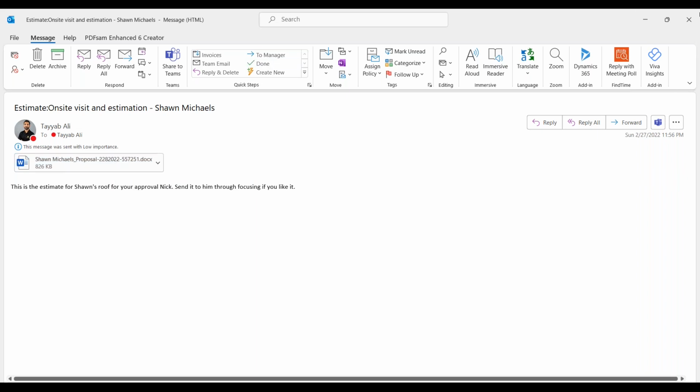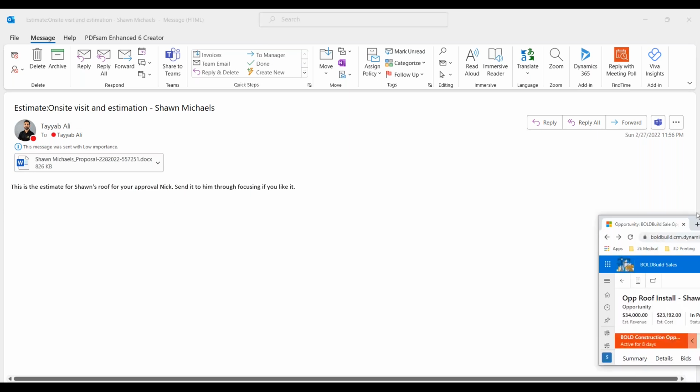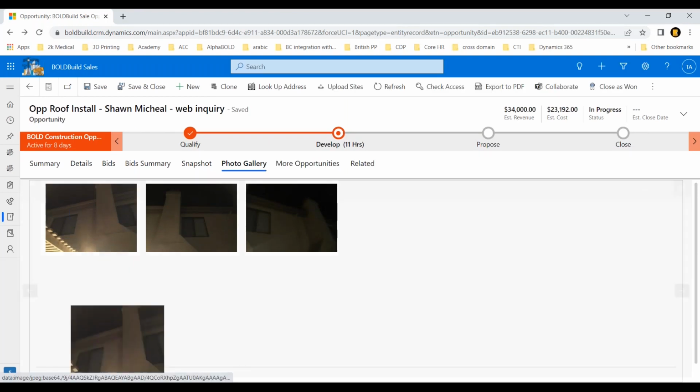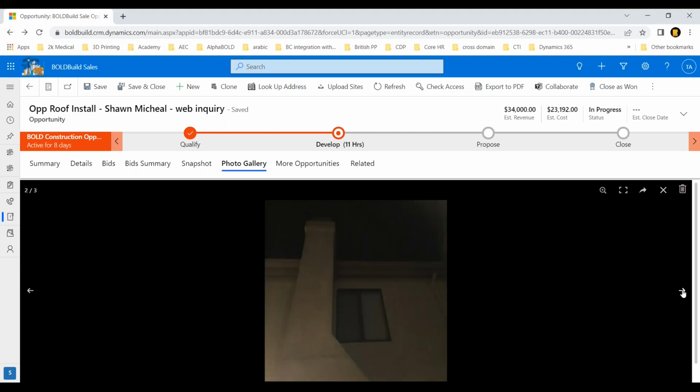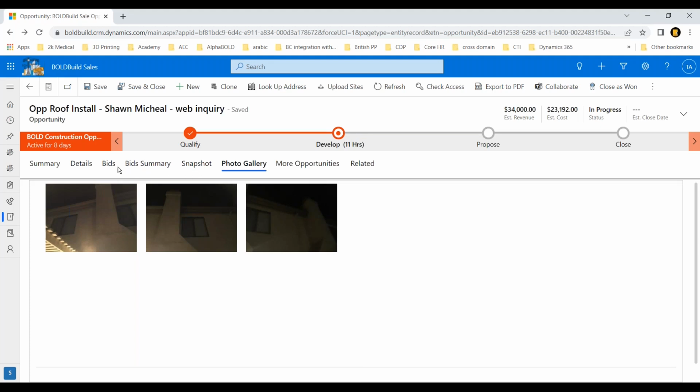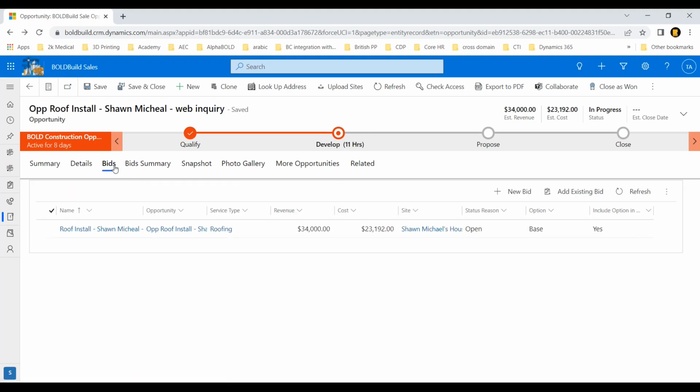What I want to show you is what does Nick see back in the office. If I bring in that one screen in here, where we were on the sales side. So first of all, Nick can see the photos that Mahmoud took as he was estimating. So these were the 3 photos that were taken on the app, but I can see it on the back end as well. So nice and easy. But the other thing that happened was that a bid was generated. So you see 34,000, if you recall, in Mahmoud's estimation app, he had 34,000. But Nick also sees the cost. So he sees that based on the labor and the material, it's 23,192, which is the cost for this. So he sees that as well.